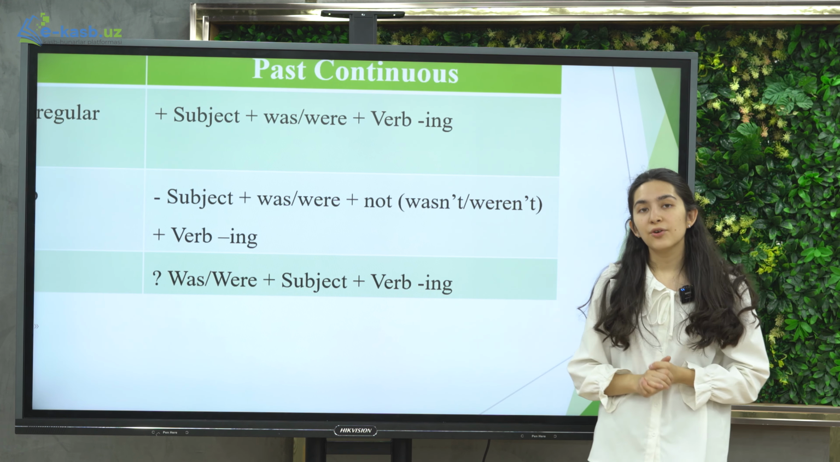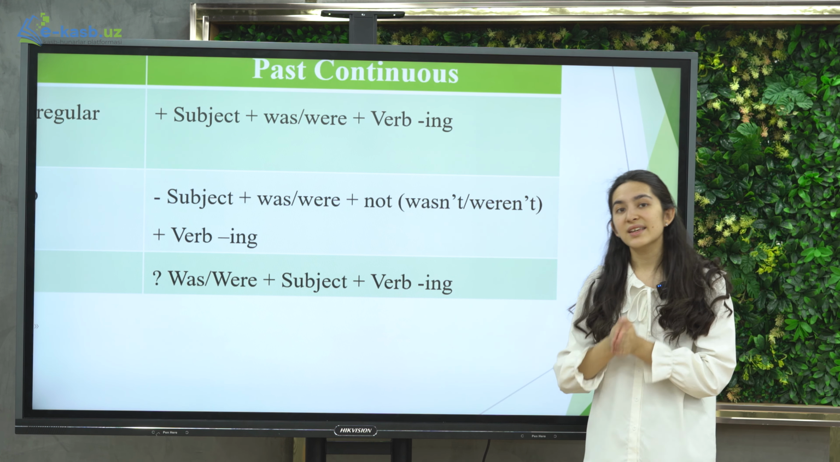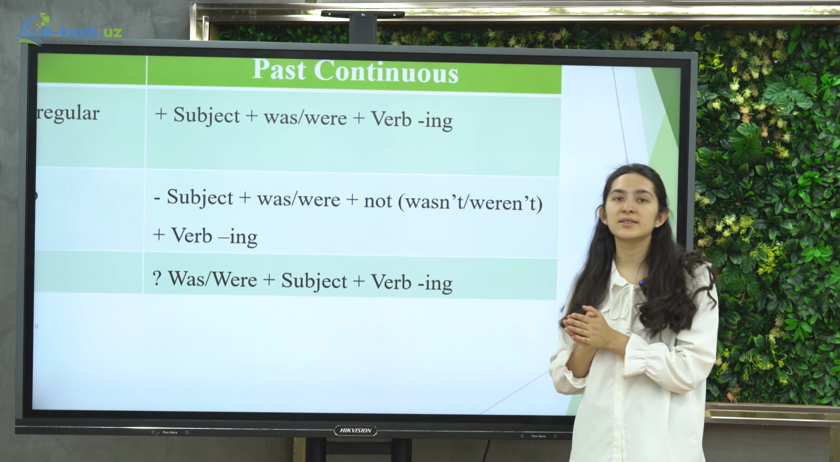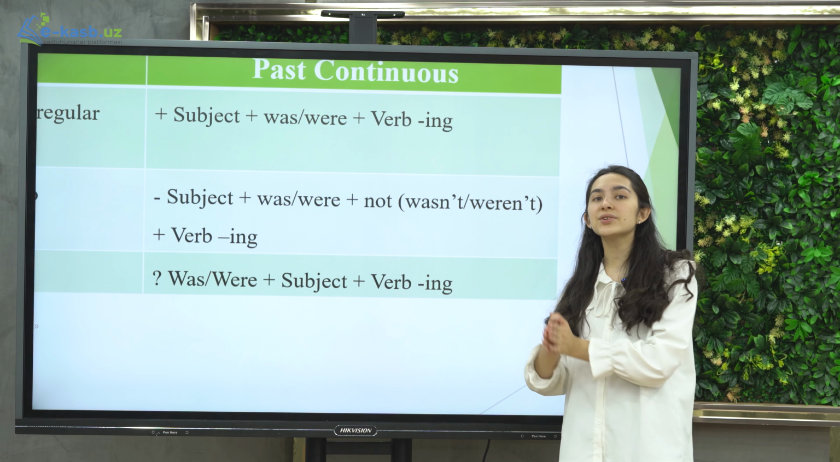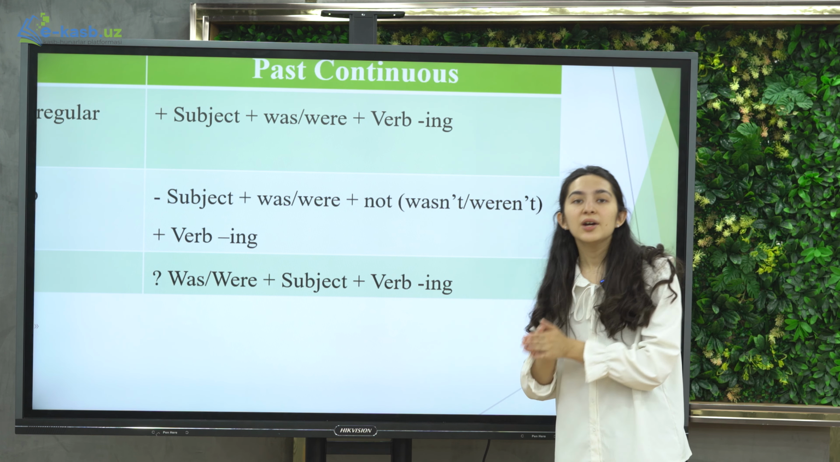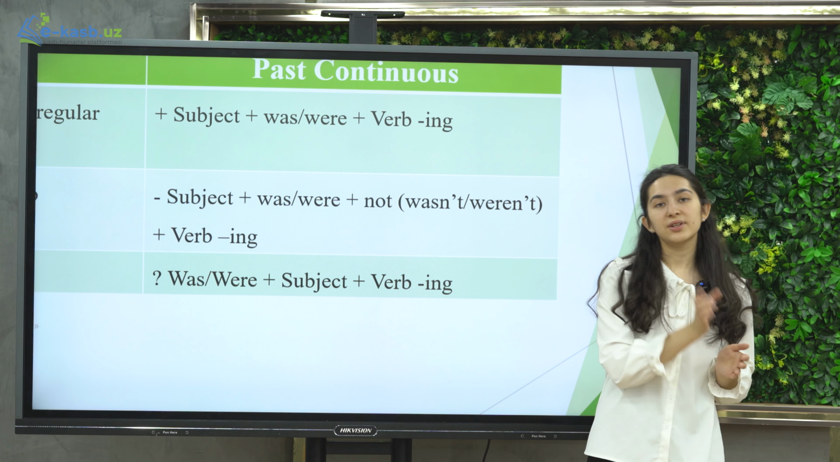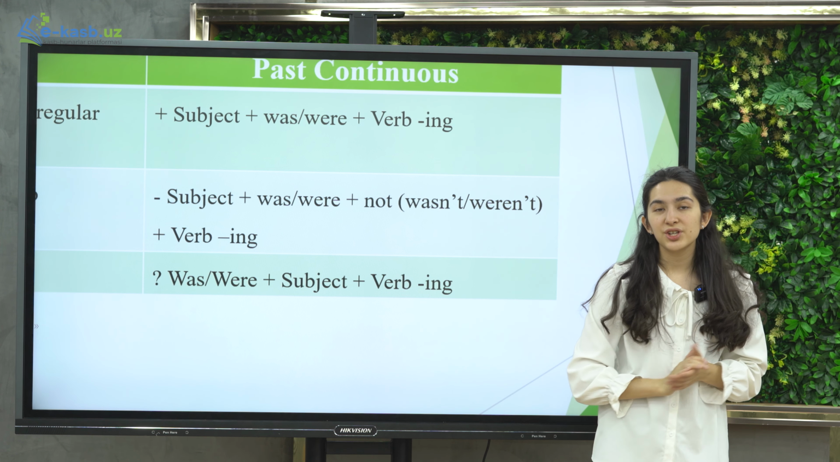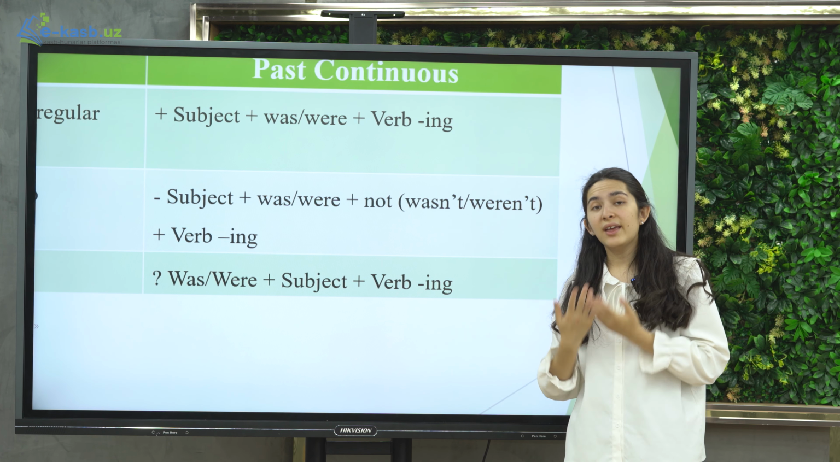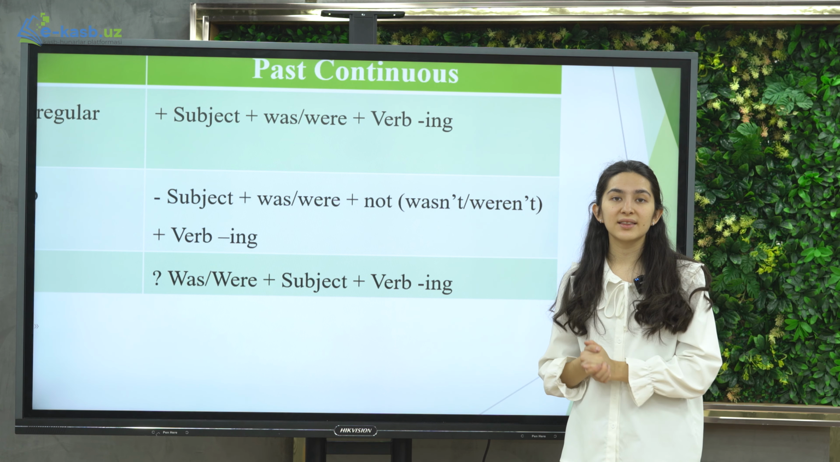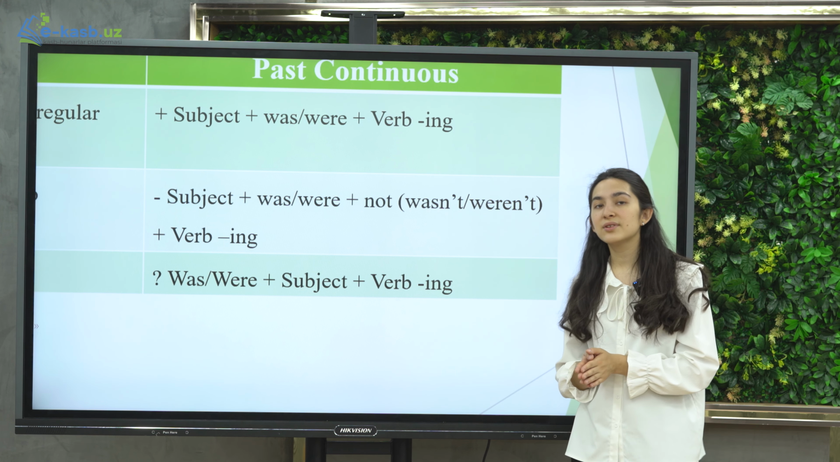So what is the formula of past continuous? Past continuous is similar to present continuous. The formula of present continuous: subject plus to be plus verb ing. So this to be plus verb ing shows and tells us that this is